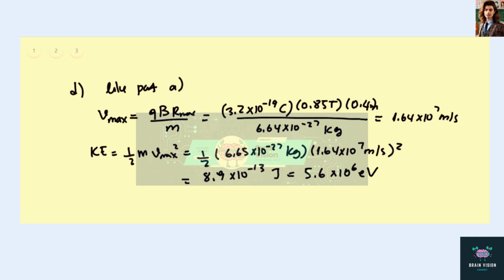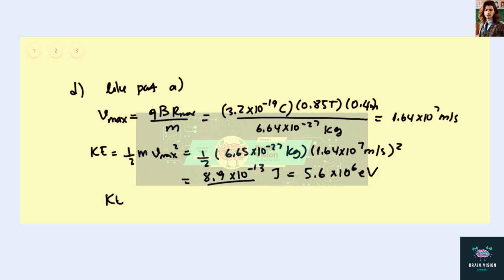So the question continues, and we find the kinetic energies for an alpha particle and the proton to be pretty much the same, right? Because this is the same answer as part A. And the reason for that is